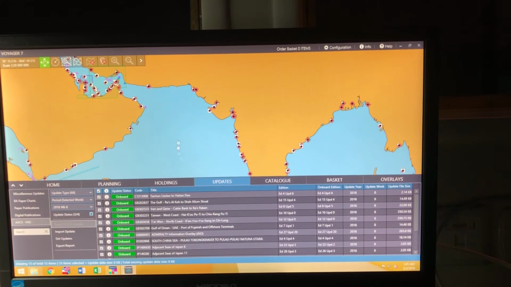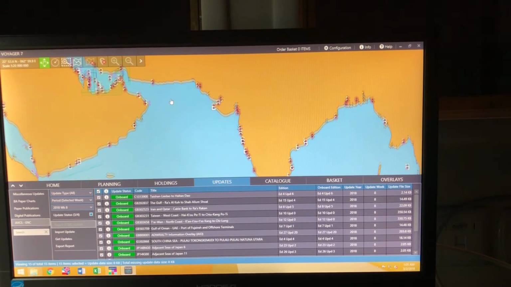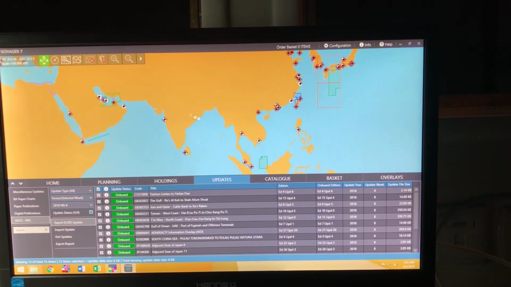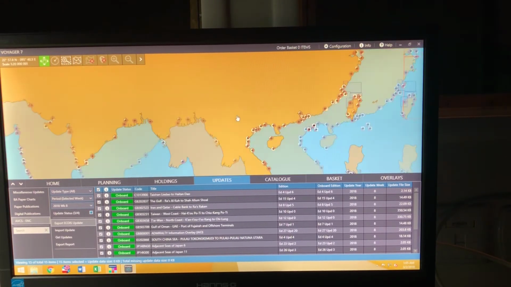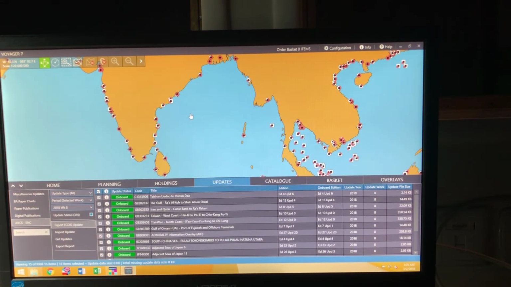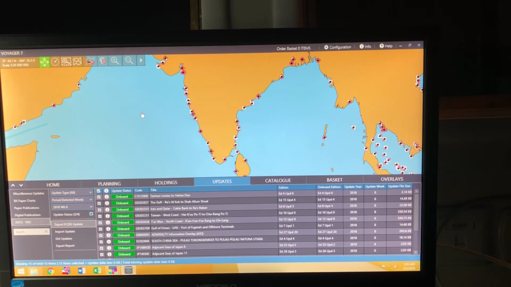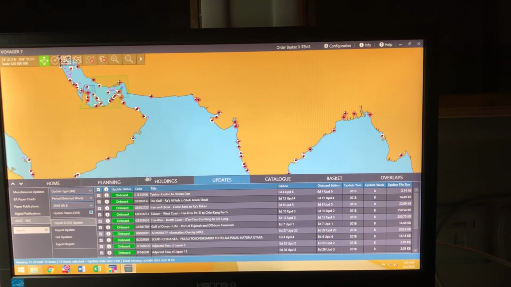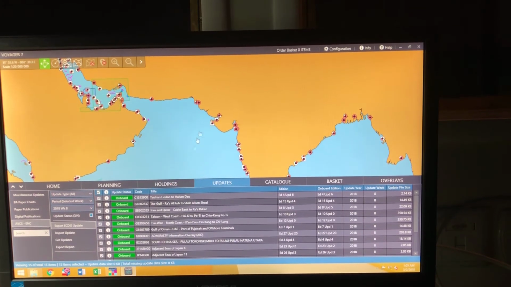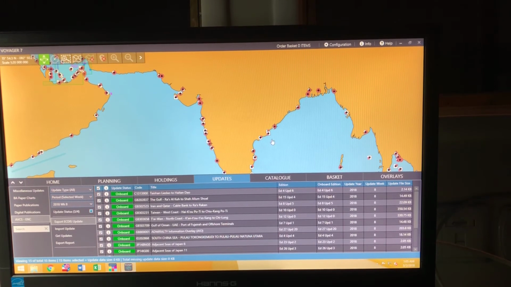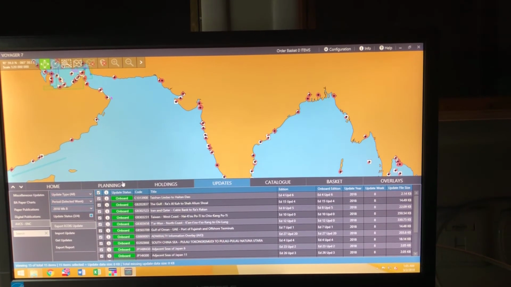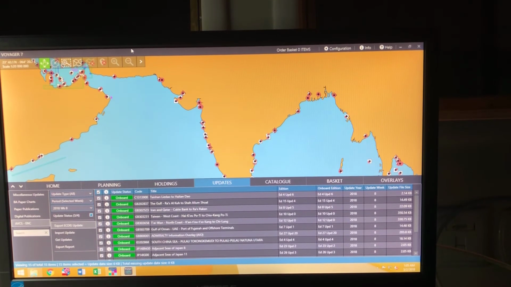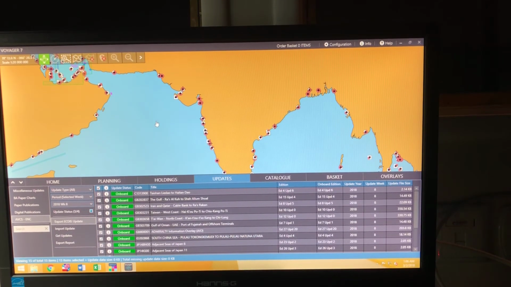Okay, exporting updates is finished. Now remember, the process is similar to that of your weekly updates, exporting weekly updates to your ECDIS. So don't mix up. This video is to show you how to import newly ordered chart licenses or chart permits to your Voyager. When you have